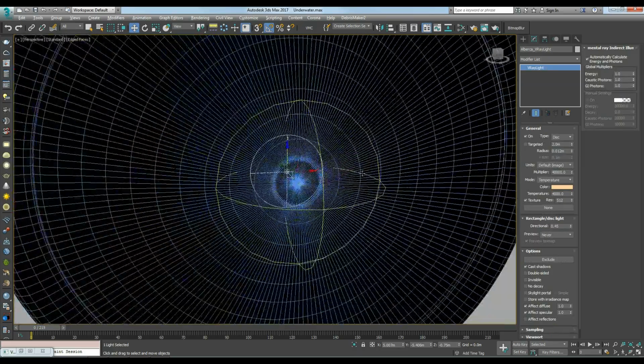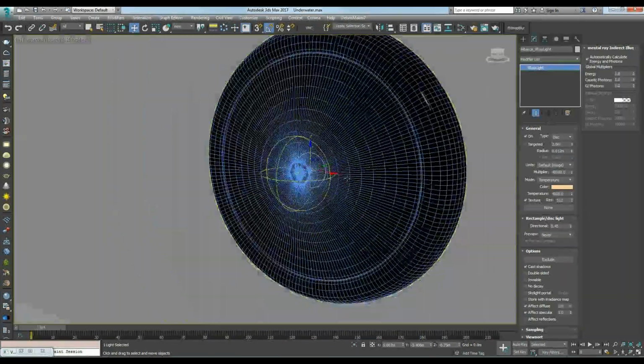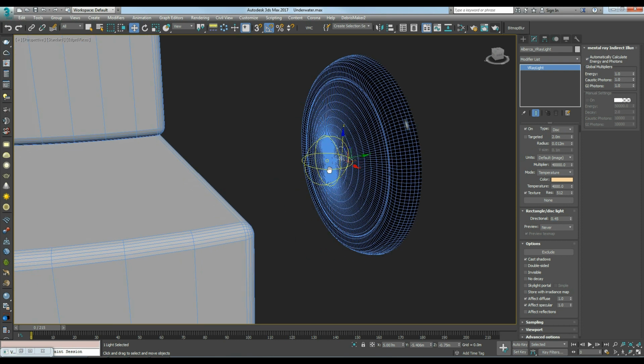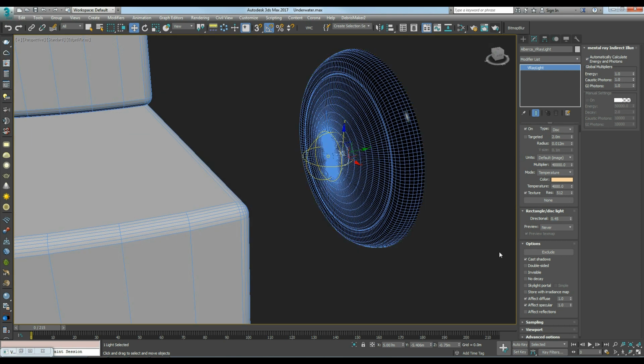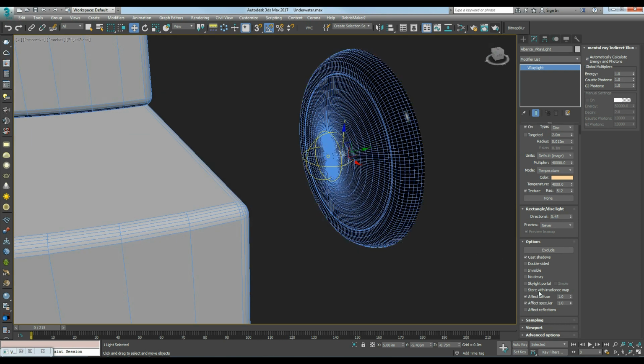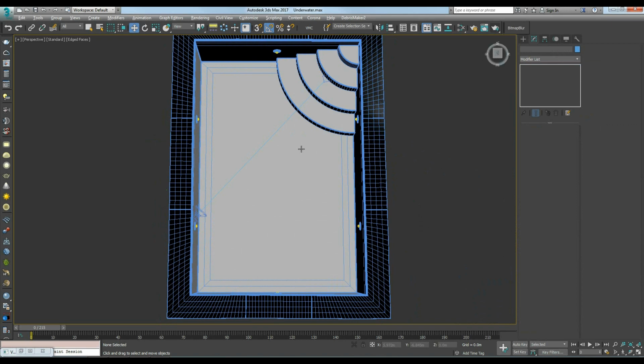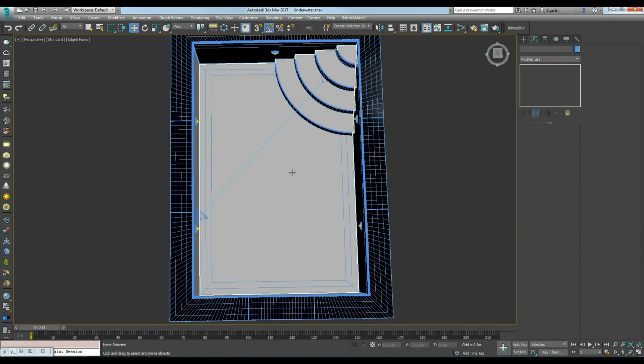And the lighting system is created with this V-Ray light of type disc with some directionality, and this light is the one that illuminates the scene, but it doesn't affect reflections. So that is the only variation to a very standard illumination system.